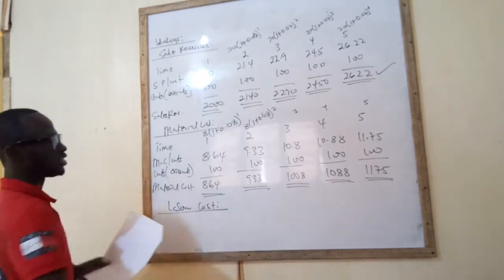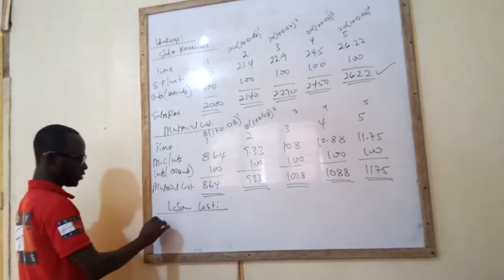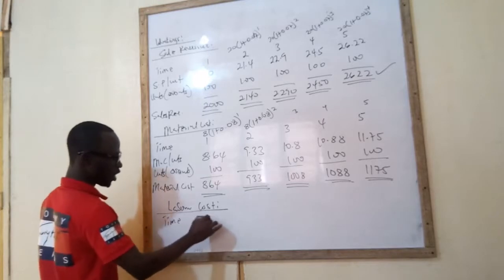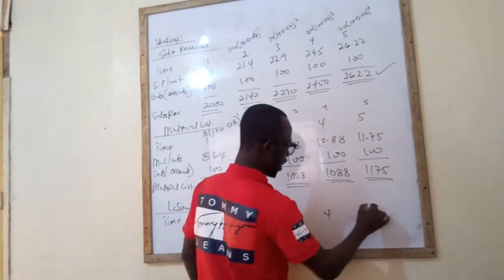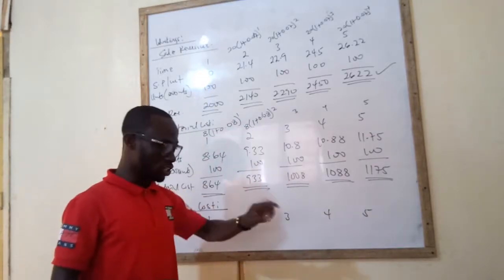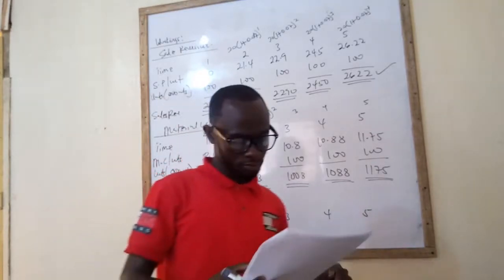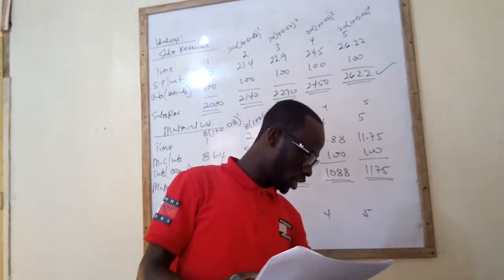I'm going to squeeze that here. With the labor cost, we're going to have the same thing. So time 1, 2, 3, 4, 5. Now the labor cost will be done the same way that this one is done. Just that labor cost is $7 and it's